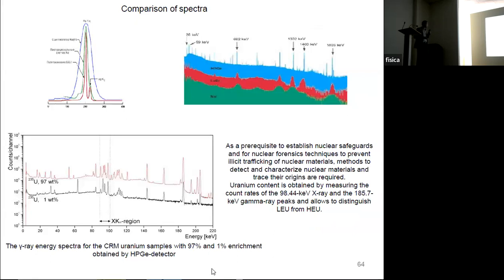Here are more slides to show you the importance of energy resolution, and you can compare some experimental spectra which were obtained with different types of detectors. Here you can see in blue lines the picture obtained again with germanium detectors, and you can see clear peaks, and each peak corresponds to a unique gamma energy of an isotope. In red, you can see